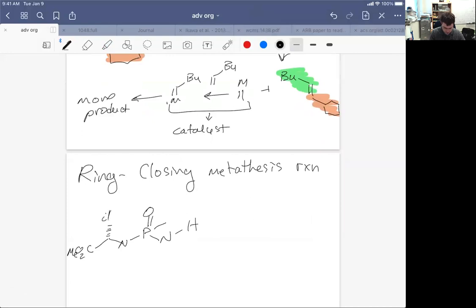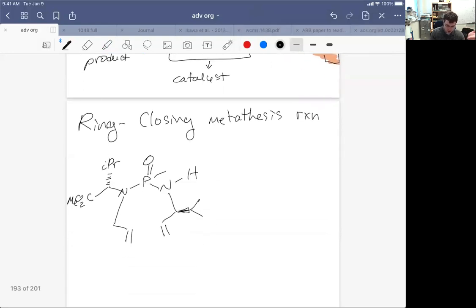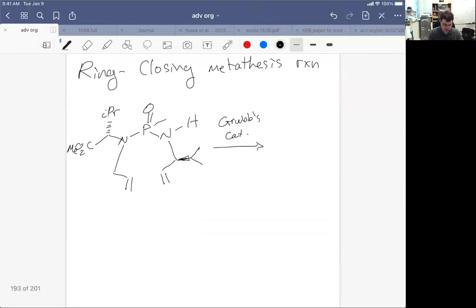This looks like an isoleucine amino acid coupled with a nitrogen that's got some stuff hanging off it. It's a kind of complicated molecule, and what we can do is take this complicated molecule with all its functional groups and its stereocenters and just add the Grubbs catalyst to this. And what we'll do is stitch together the molecule at these alkene positions. I'm going to have a green and a red, and then I'm going to highlight the yellow ends, which are